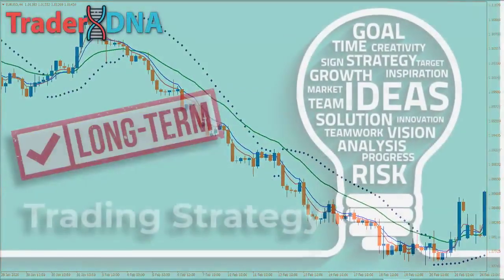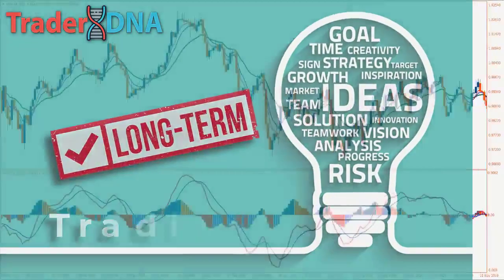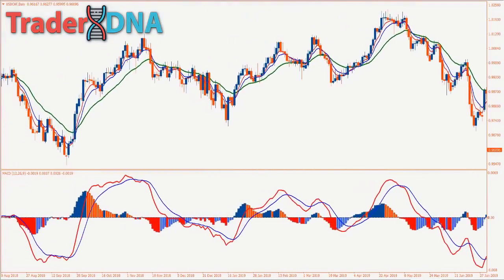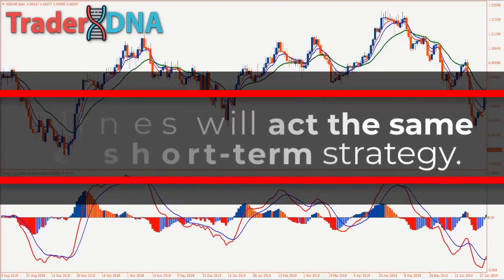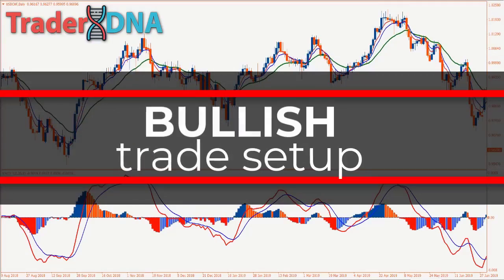The long-term trading strategy. We use MACD in combination with 5, 8, and 13 EMA lines in our long-term trading strategy. EMA lines will act the same as the short-term strategy. This strategy works fine in any time frame chart. Bullish trade setup. Enter a buy order when: